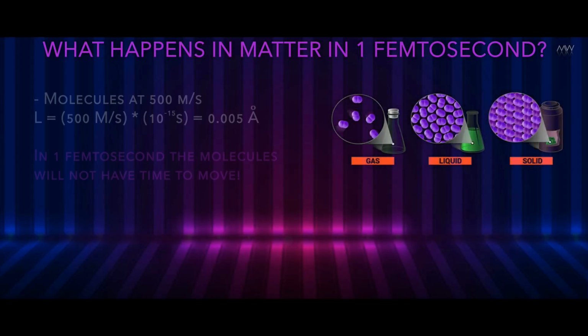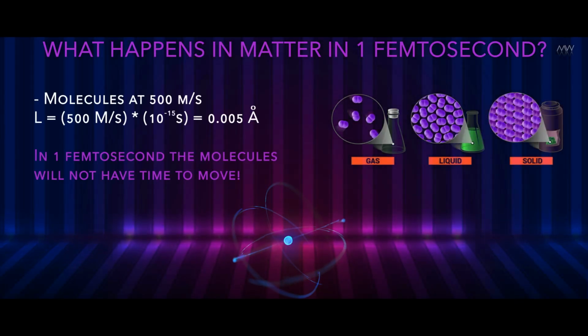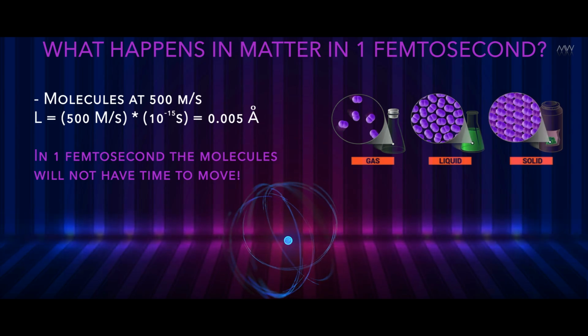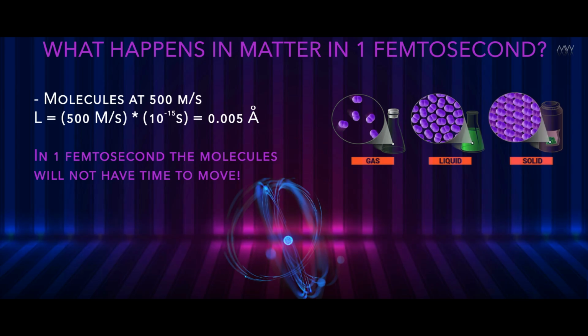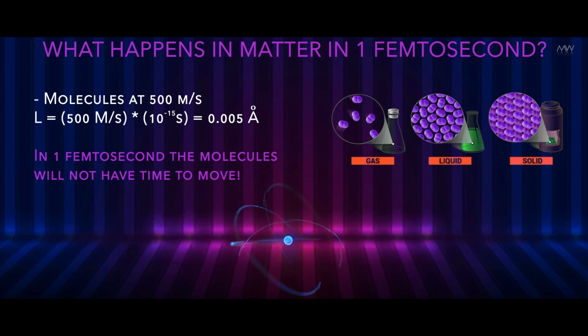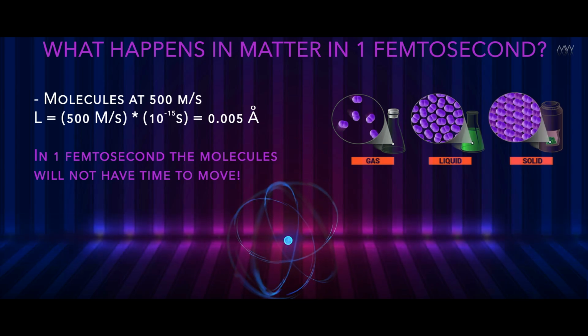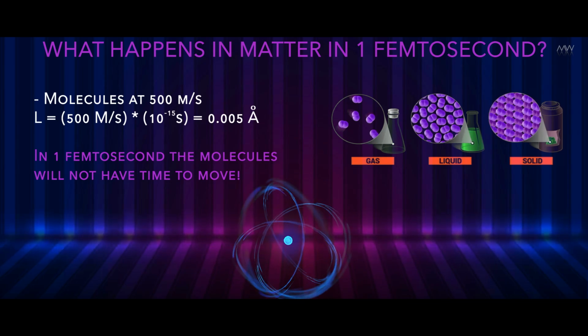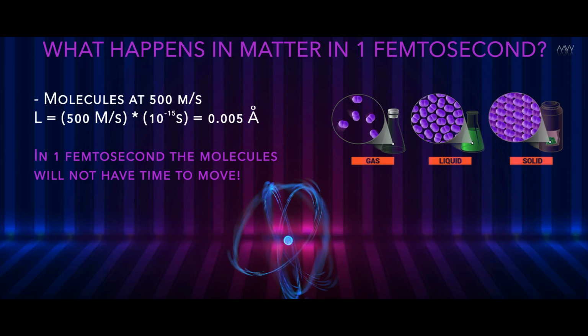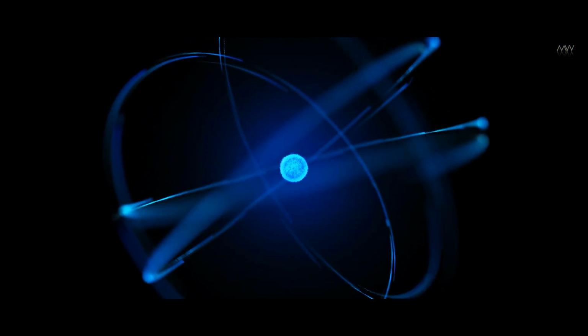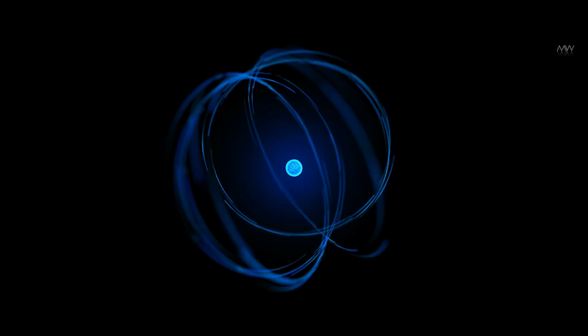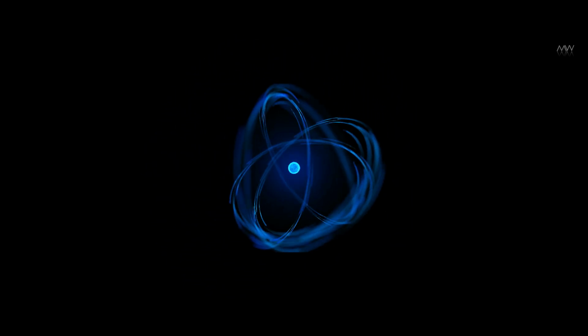Let's just estimate what happens to matter in 1 femtosecond. A femtosecond is 1,000th of a picosecond, or 10 to the minus 15th power of seconds. Let's take one molecule. During this time, the molecule manages to move a small distance much smaller than its size. The movement of molecules on the femtosecond scale is no longer visible. And so it doesn't even matter what kind of body the molecule was from, or even what aggregate state it was in. Liquid, gas, solid, it doesn't matter. It just won't move in a femtosecond.